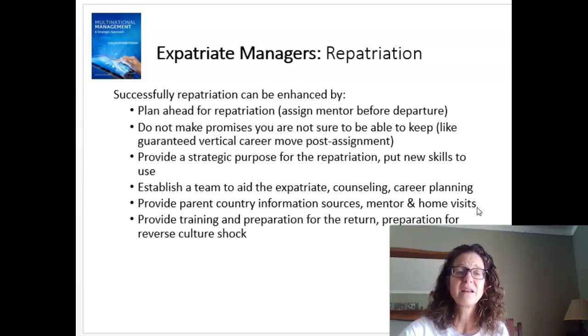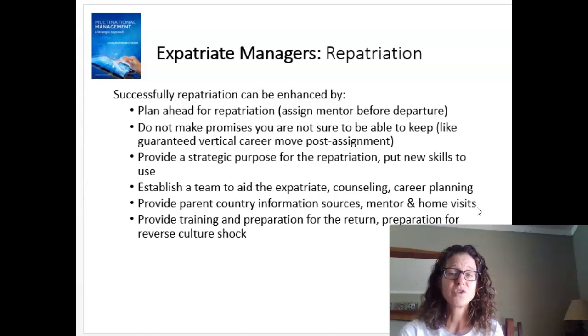And the last thing that organizations can do is to make sure that expatriates are well prepared for the reverse culture shock. Most people don't expect to experience this, and so it's important for representatives from HR or the individual's mentor to make sure that the expatriates know what to expect, understand what reverse culture shock is, that they themselves and their families might experience it, and prepare them for successfully returning to the home country and reintegrating both socially and in their places of work.